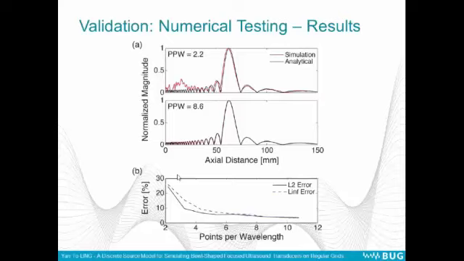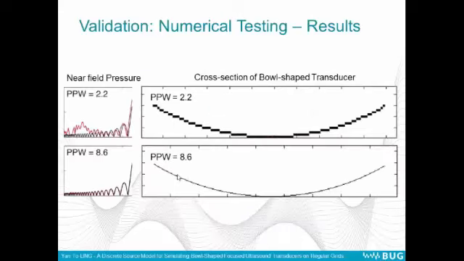For points per wavelength larger than 5 points, the error is already less than 10%. So the error in the near field pressure is due to the low resolution, which is causing the